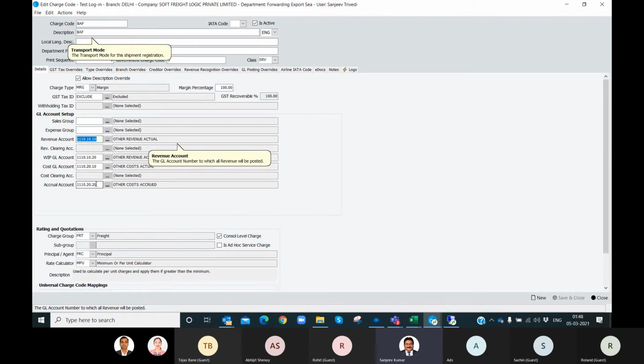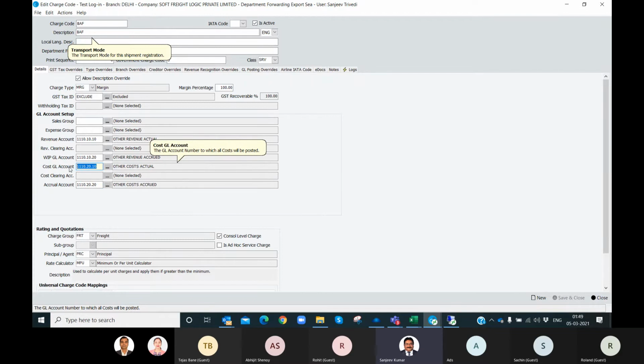Same way for accrual. Right now, in this case, it is appearing in the accrual section. Once you post this accrual, one opposite entry will be passed inside the system, and it will nullify the accrual, and the actual cost posting will be done in this GL.